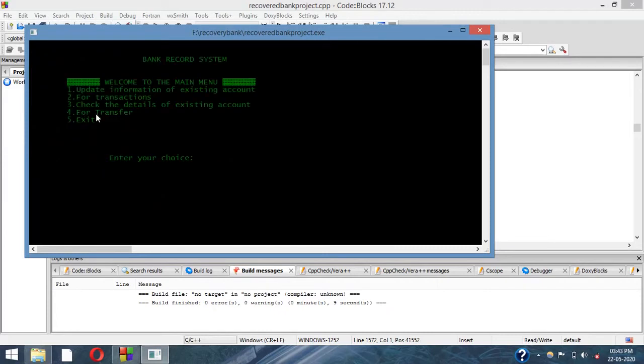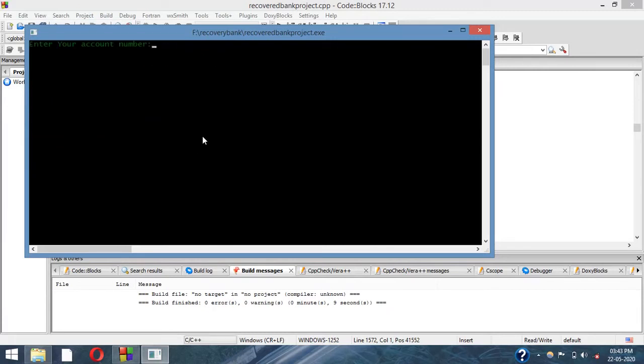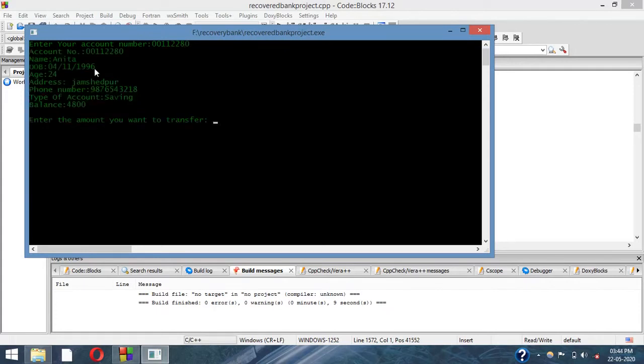So now I will be showing you the transfer section. Pressing 4, enter the account number from where you want to transfer the money to another account, 00112280. So this is Anita's account, and she wants to transfer money to another account. Enter the amount you want to transfer.